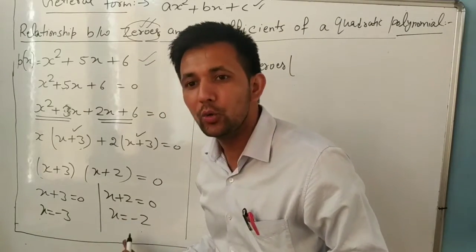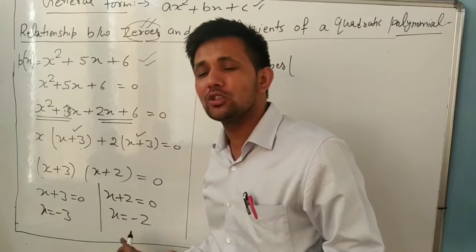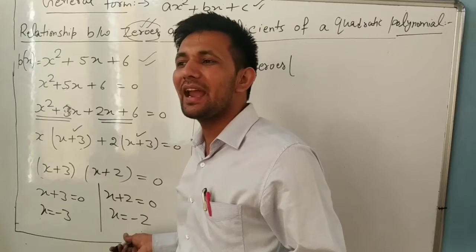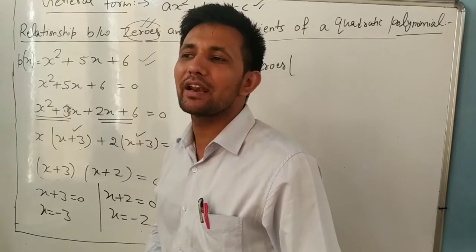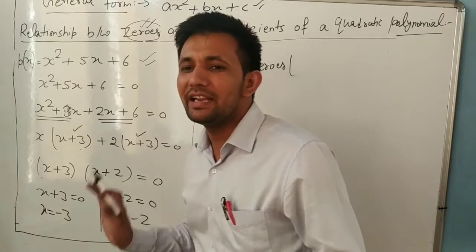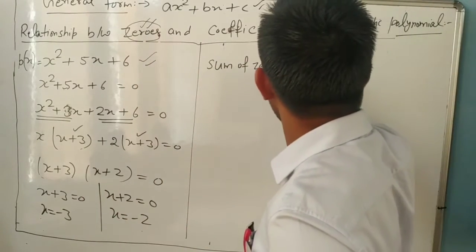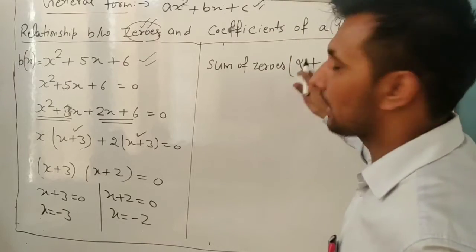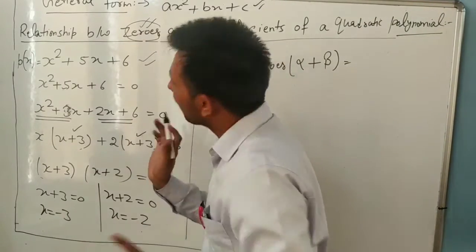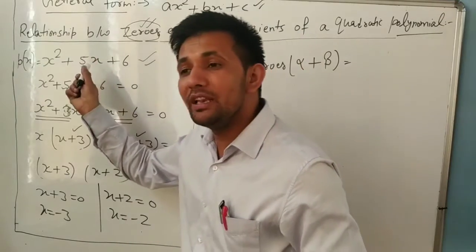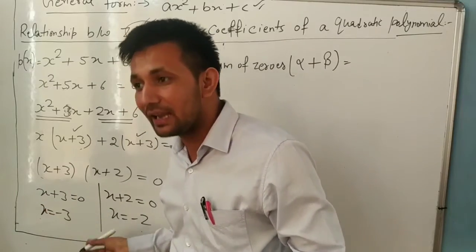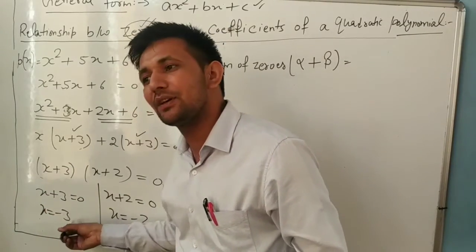1, 2. There are two zeros. Can you give their names? Suppose the first is m, the second is n. Otherwise you can name the first alpha, the second beta. It is only notation. Every time, you know how many zeros are in a quadratic polynomial? 2 zeros, so they should have different names. So the first is alpha, the second is beta.